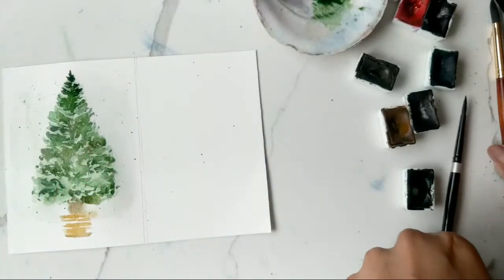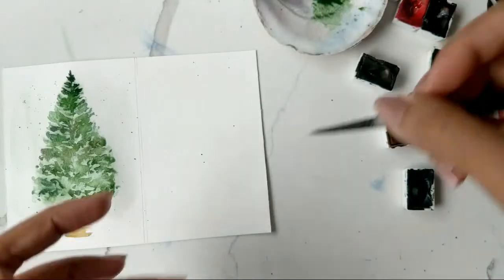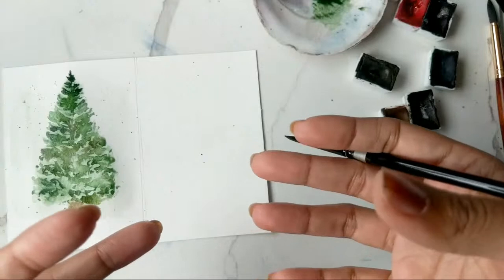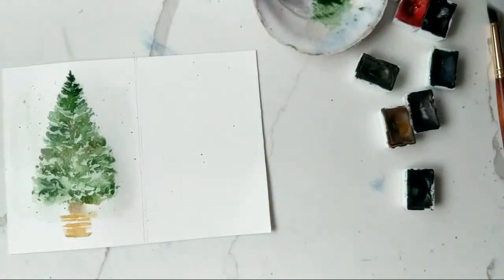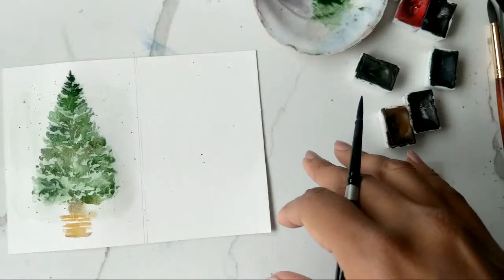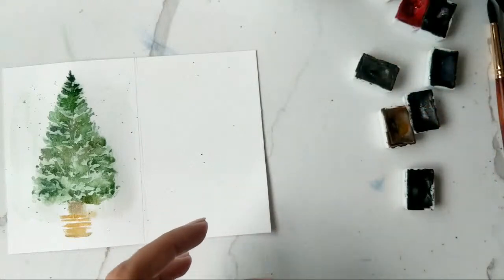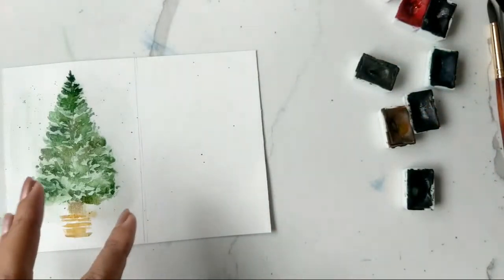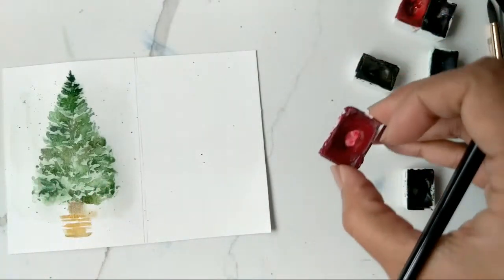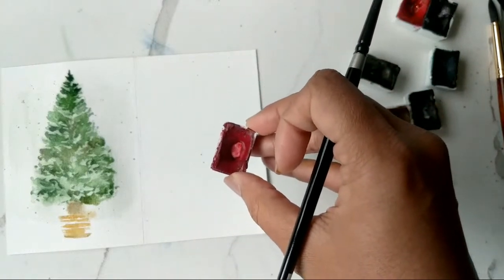So let's start off with doing the poinsettia first because of the layers, we need it to dry a little before we can go back into it. So let's start with the poinsettias first. I was going to say something else, but never mind. Talk less, do more. So for the poinsettia, we're going to use the Madder Lake Red, which is like a